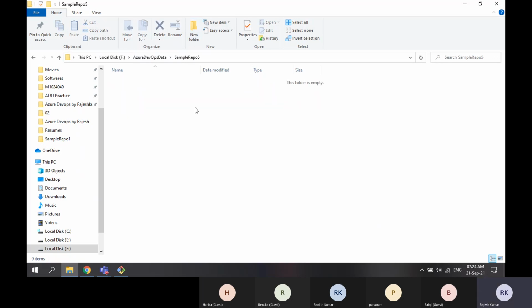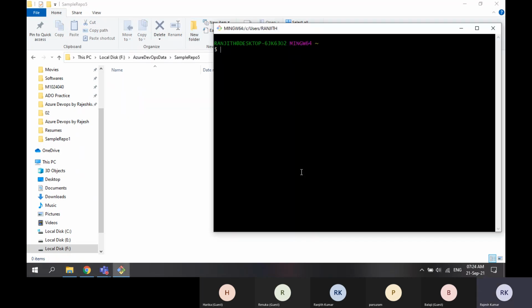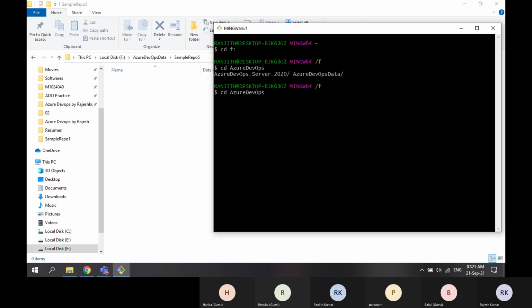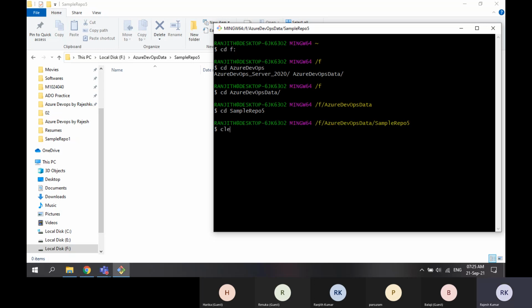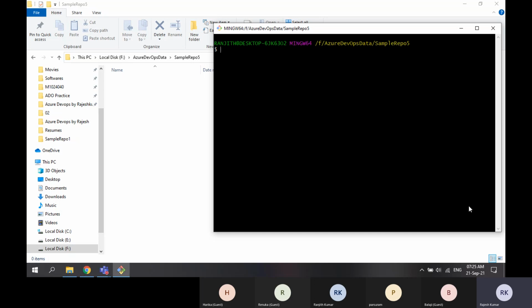Right now, if I go to this folder, I'm in this folder. Let me clear. If I go for git status, it says this is not a git repository.